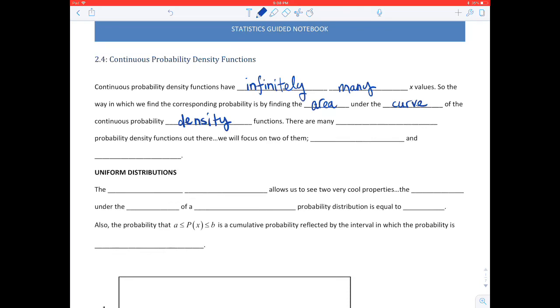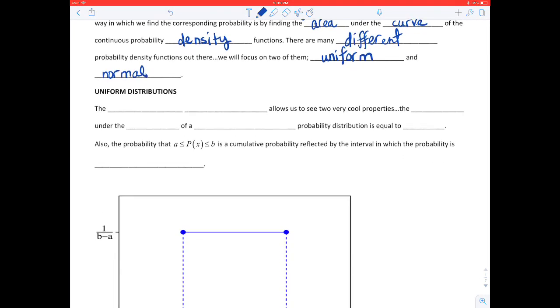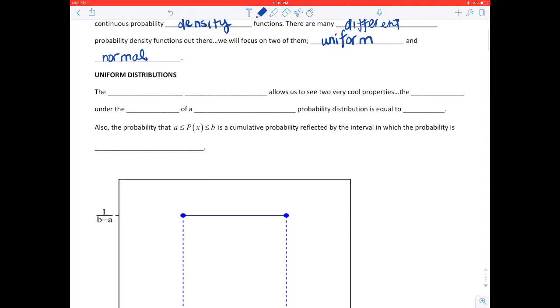There are many different probability density functions out there. We're going to focus on two of them: the uniform probability density function and the normal probability density function. Uniform distributions are pretty groovy because